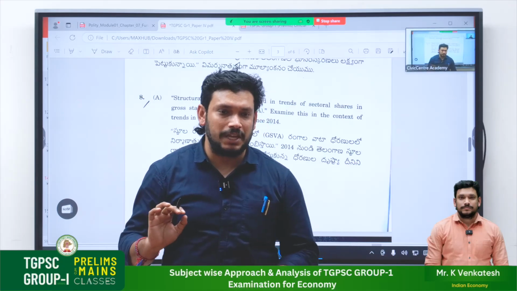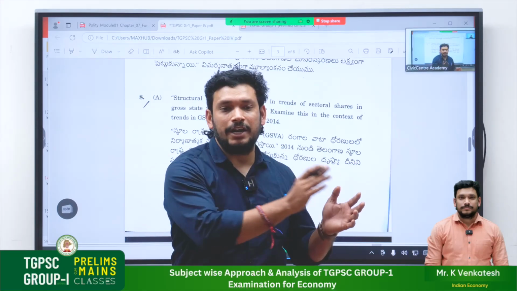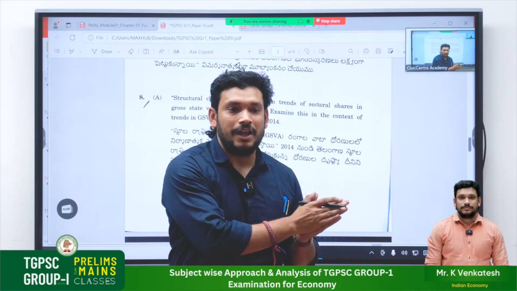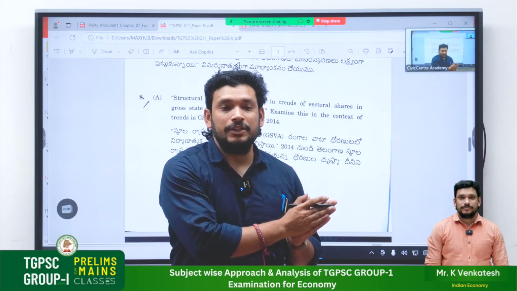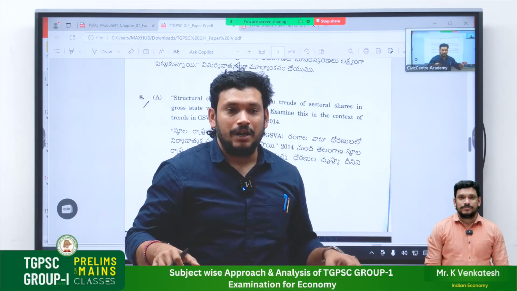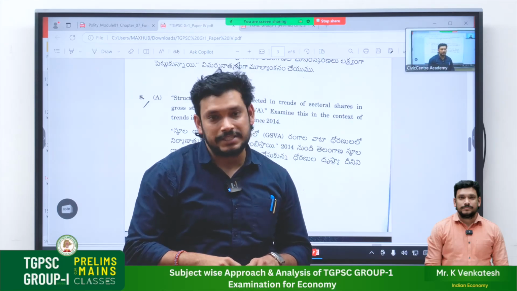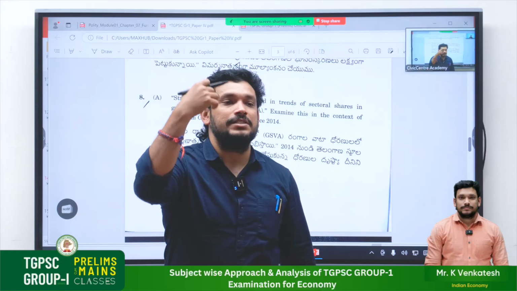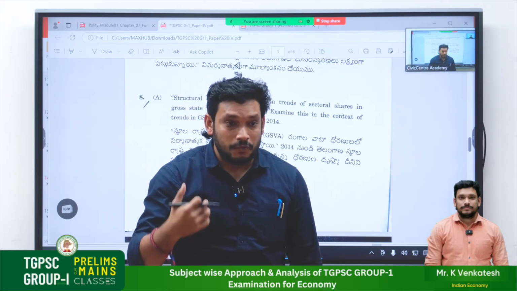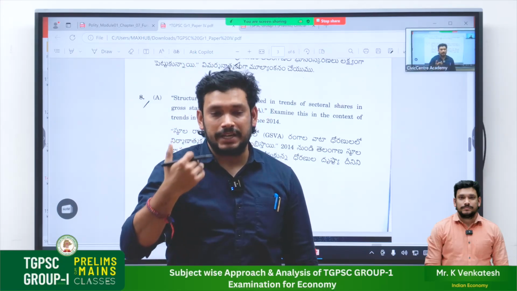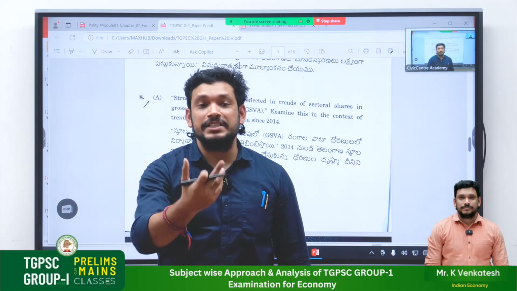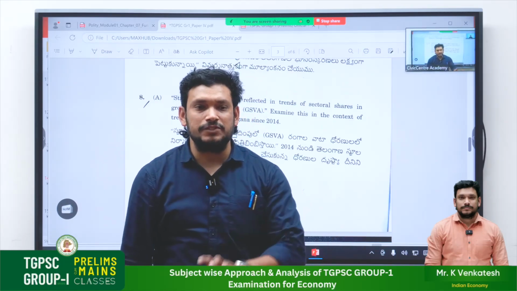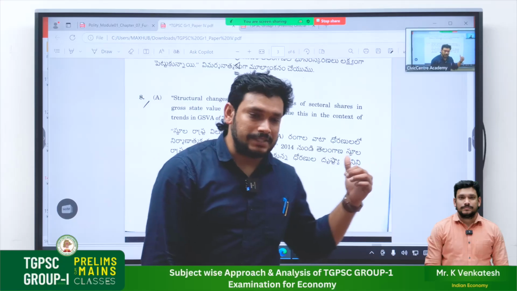These three things you should see in the socioeconomic outlook. At the end of the socioeconomic outlook, you'll have annexures, and in those annexures they'll give you data for every district. Then we'll see which district is at the top, which is at the bottom, why that district is at the top, why that district is at the bottom, and what the reasons behind it are. All these things we'll be seeing in the classes. Okay.